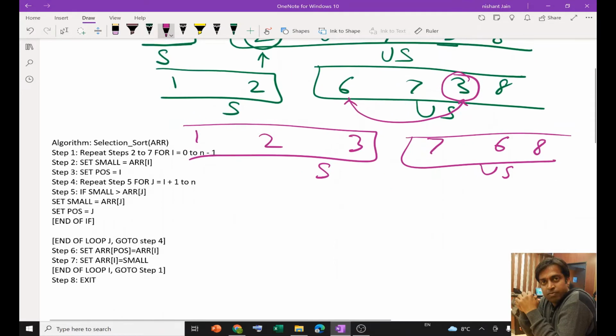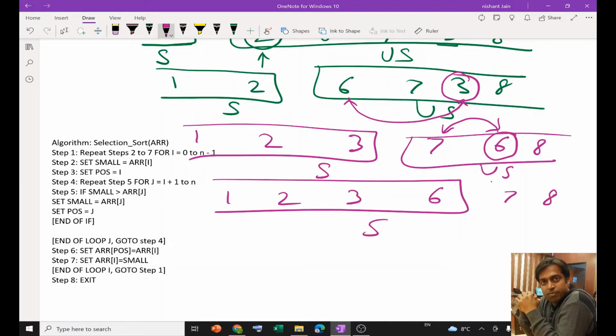Now again in the unsorted array, we are going to pick the smallest element and replace it with the first element in the unsorted array. So it will become 1, 2, 3, 6, 7, 8. So this is sorted, this is unsorted, and again we pick the smallest element, which is 7, and swap it with the first element, which is itself. So it becomes 1, 2, 3, 6, 7,